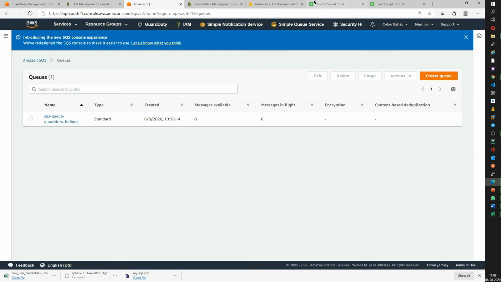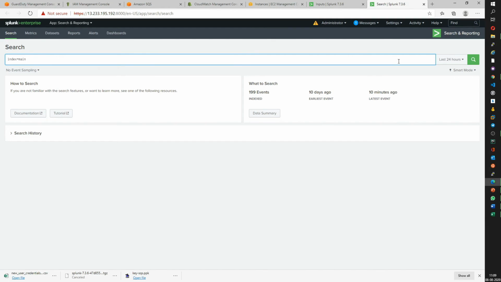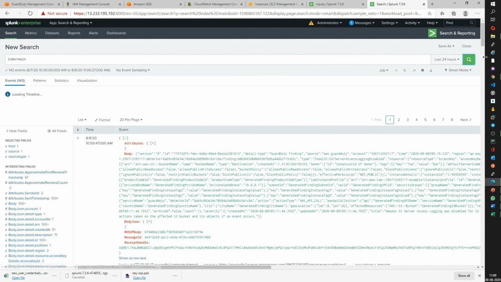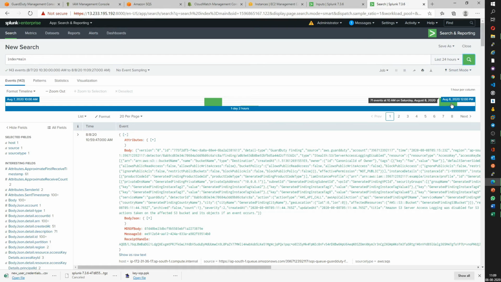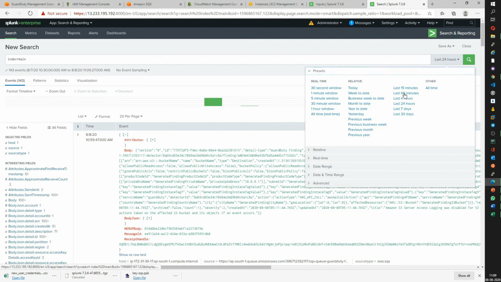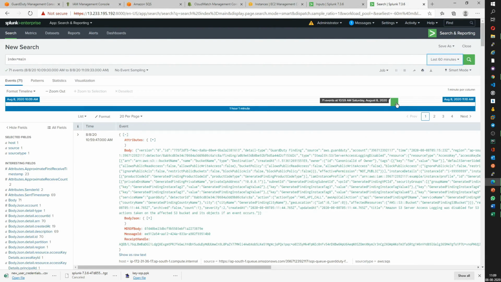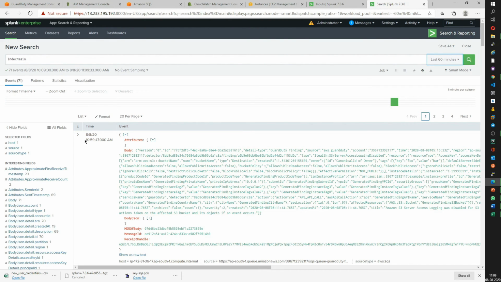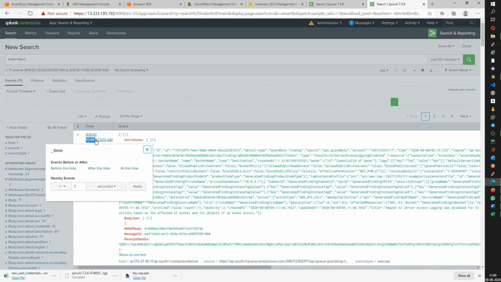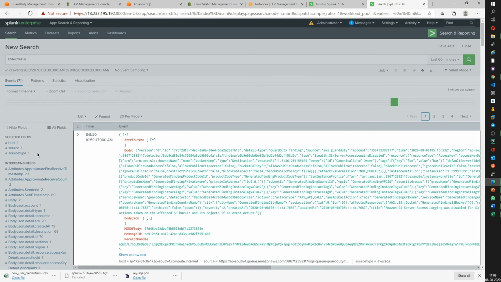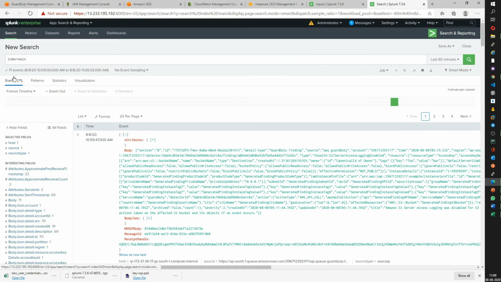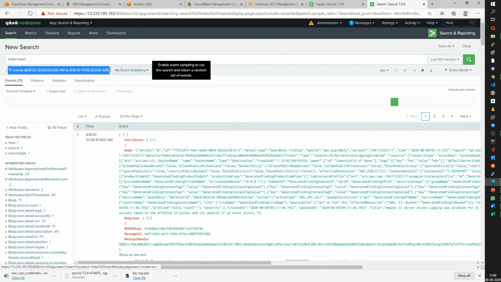Let us quickly check whether we have received the messages now or not. It might take a minute or 2 minutes before we receive messages. Let us quickly check. Okay, great. So if you see, if I just search for the last 60 minutes, I have the logs from August 8th, right? Today is August 8th, and the time is 11:09, and almost 10:59 a.m. is the latest message that I received. All the 71 messages which I have received are GuardDuty findings.